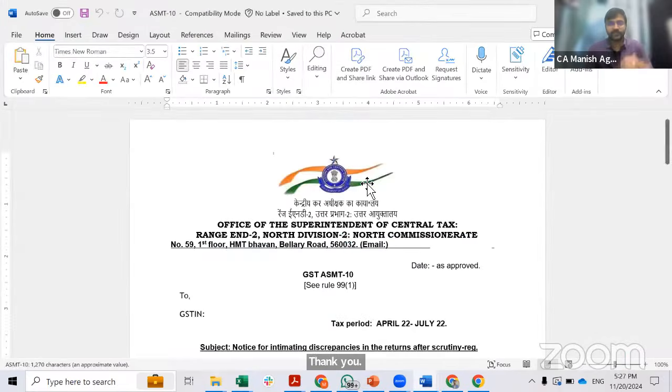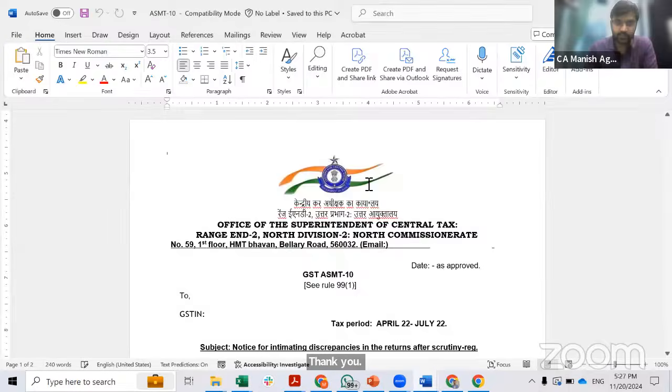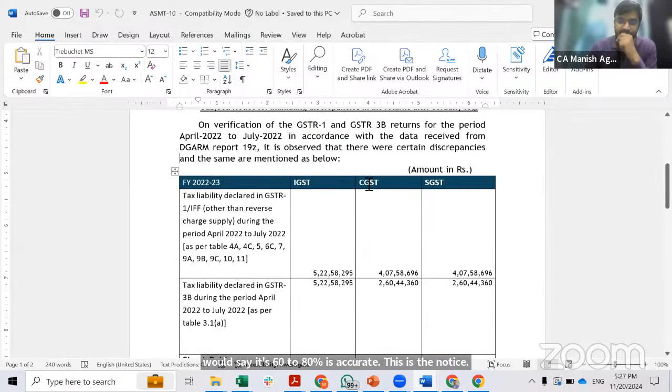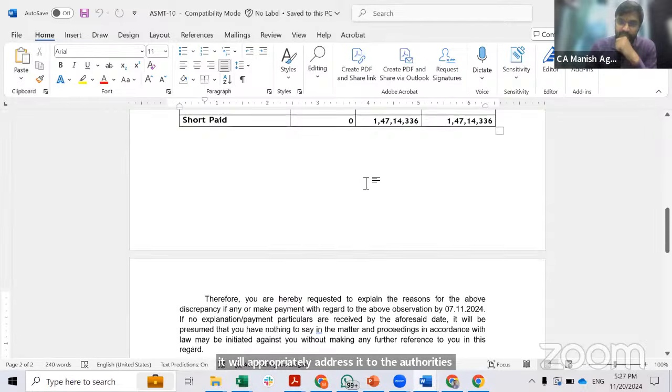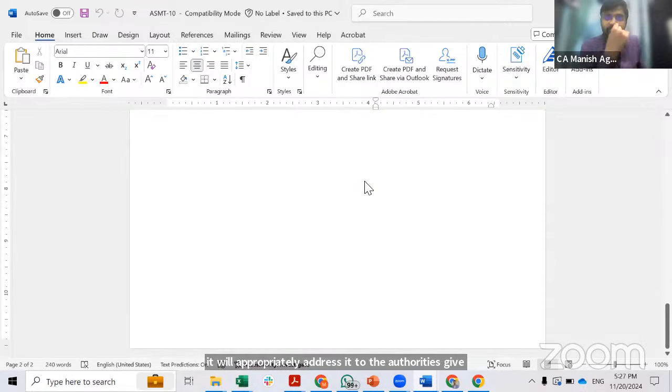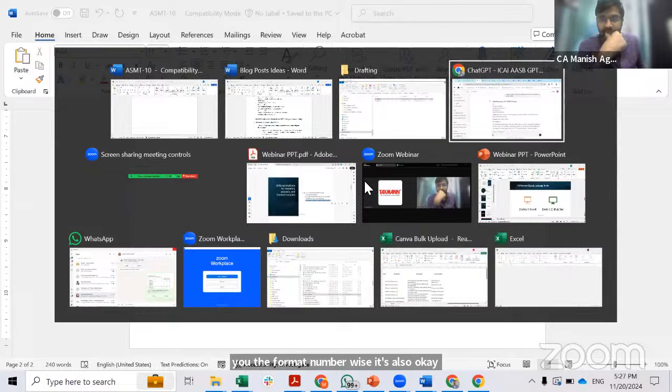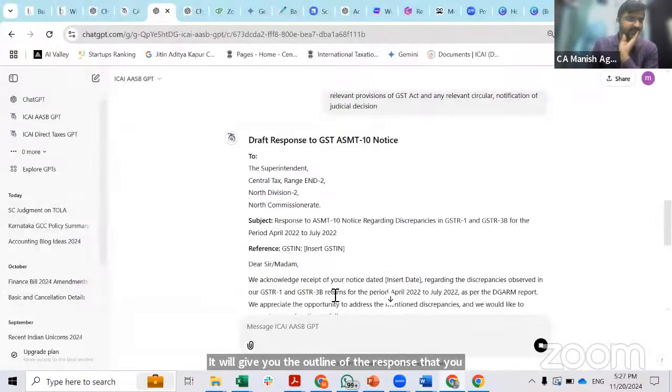I would say it's 60 to 80% accurate. This is the notice. It will appropriately address it to the authorities and give you the format. Number-wise, it's also okay. And it will give you the outline of the response that you can prepare. Still, you need to do some work in terms of getting the required reconciliation from the clients. But a lot of drafting work it would take away, and you can focus on the